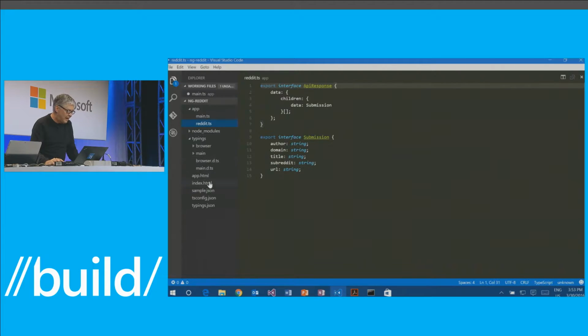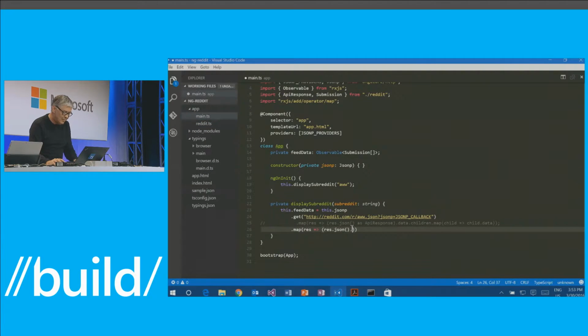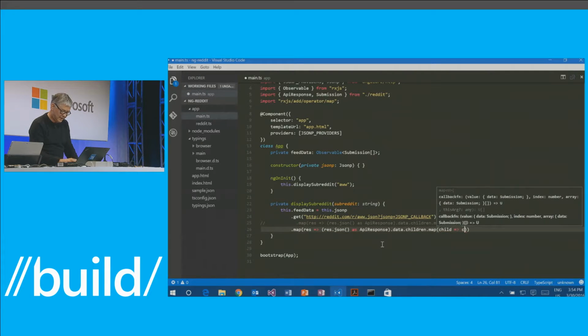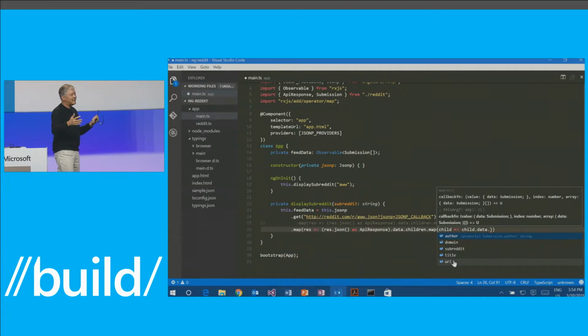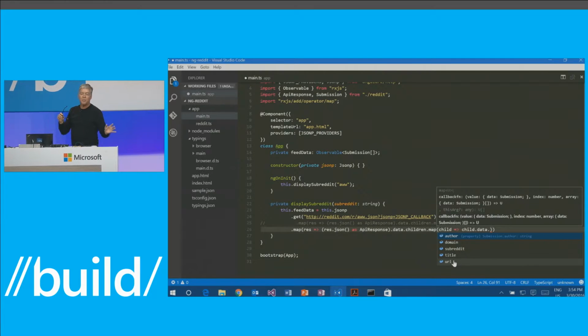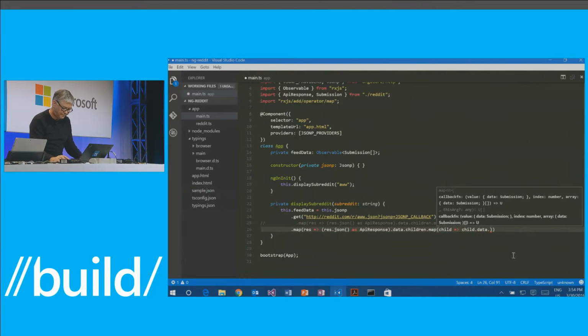And now, when I'm writing my code over in main here, I can simply say treat the JSON as API response. And now we get statement completion based on the types that I just wrote over there. So data.children. And this is an array, so we can say map on that, and that gives us a child, and then for each child, we can say child dot, and here we have the data property, and here we have author, domain, subreddit, as we wrote it down over in the declaration file. And that's how you wrap types on top of your JavaScript, and then the IDE serves them up and validates them for you as you go.